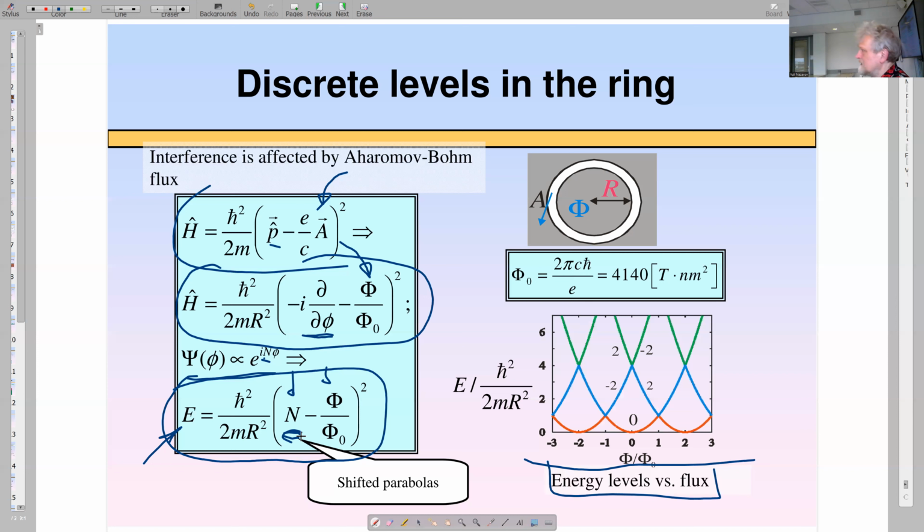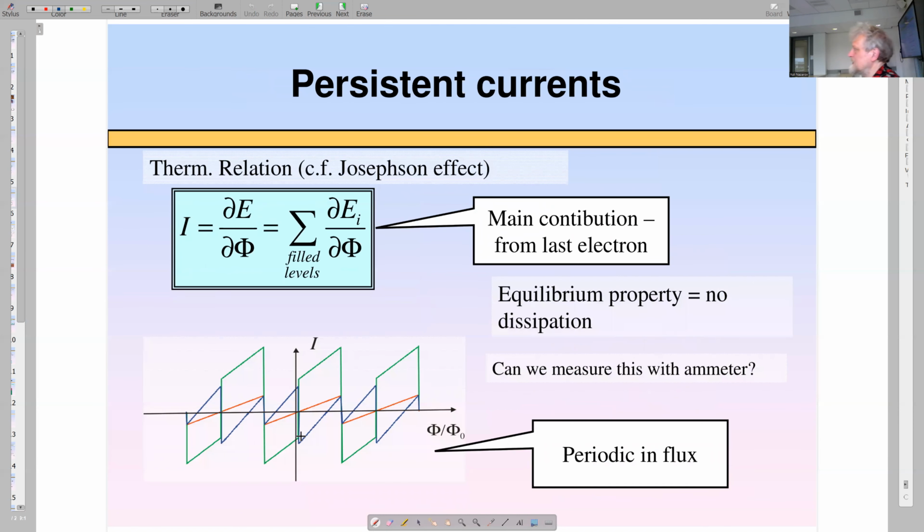So in fact, well, it's logical. We apply a magnetic field. We try to make electrons rotate. That's why angular momentum increases, but it does so in a discrete fashion. Good. That is a ring-shaped quantum dot. And we see that the levels depend on flux. Let me talk a little bit. It used to be an important topic in quantum dot physics.